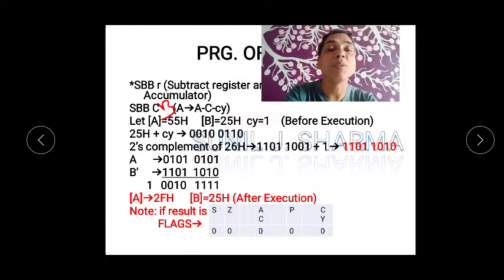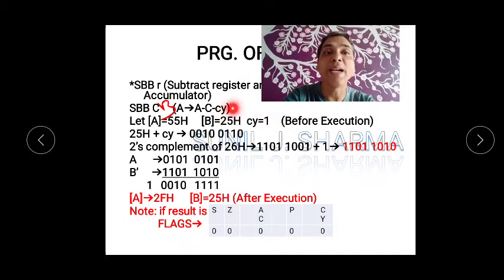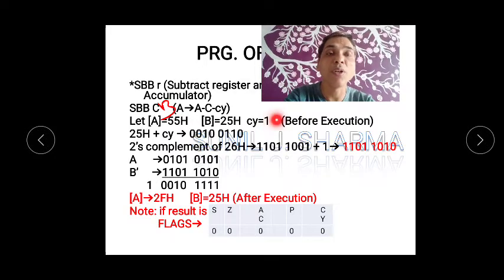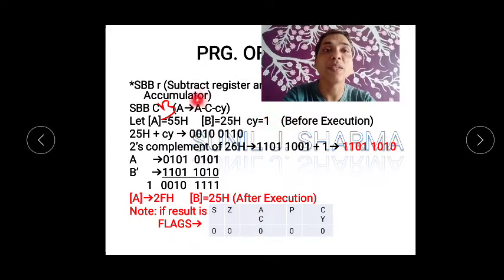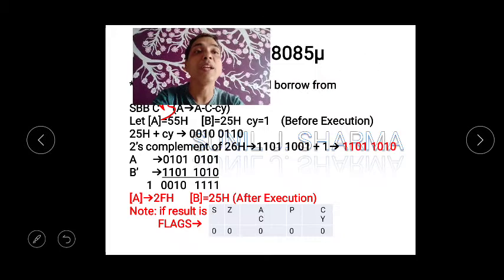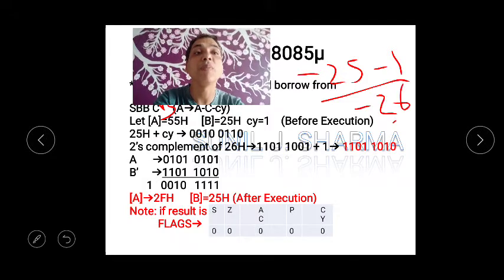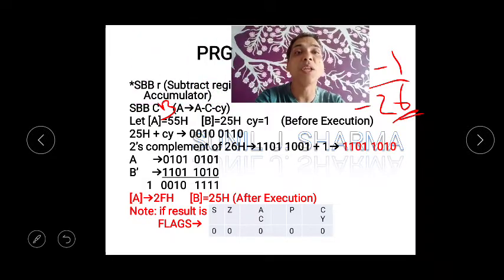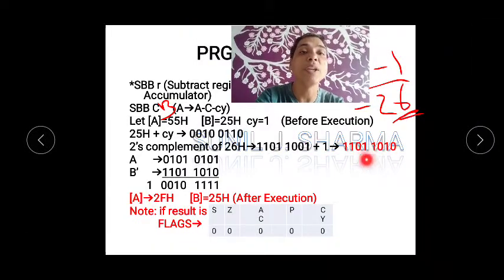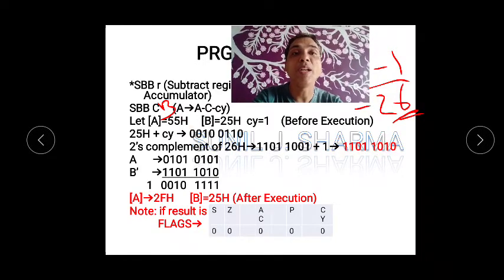So 25 plus 1, because the sign is same, so what we can do, we can add it. So 25 plus 1, 26. So can you see this is 2, this is 6. Otherwise we have to remove the 2's complement of this also. So what is the best thing, since the signs are same? Okay, so I'll just show you, like minus 25 and minus 1. So since the sign is same, we are just considering it as minus 26. So we will be removing the 2's complement of 26. So when you remove the 2's complement of 26, can you see I have written here 26, we will be getting this. Okay, then the accumulator value will not change.